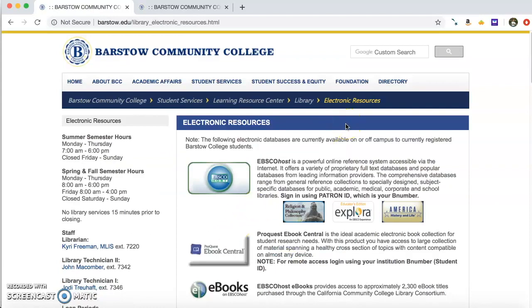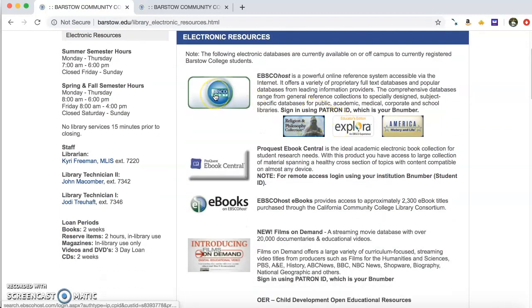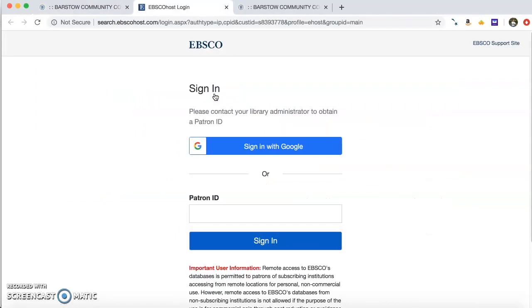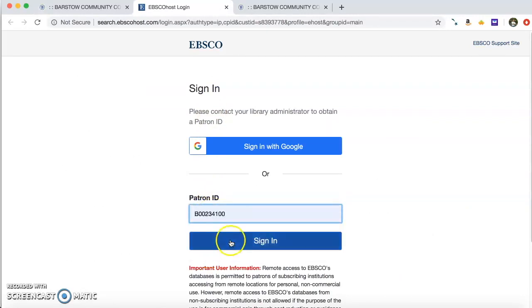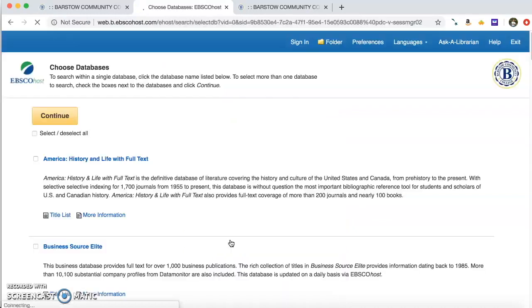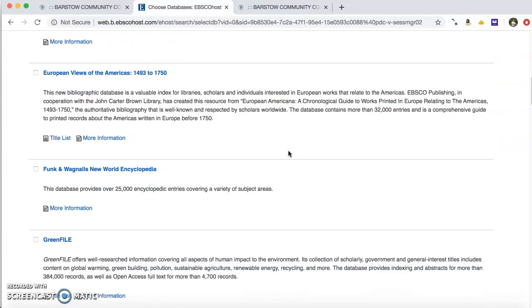Now, for Barstow Community College Library, you have access to a number of different databases. The one we're going to be looking at is EBSCOhost. When you sign in, you're going to enter your patron ID, which is your B number. That will work for all active students. You have the option to go through many different EBSCO databases. You can select any one of these databases. The one we'll be focusing on today